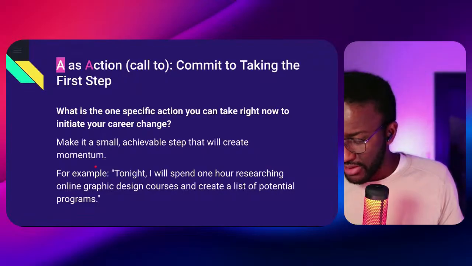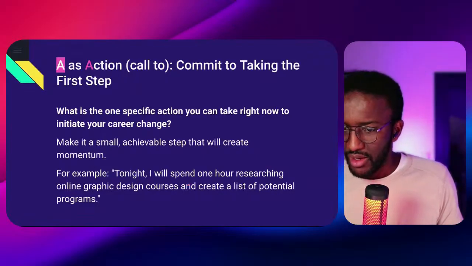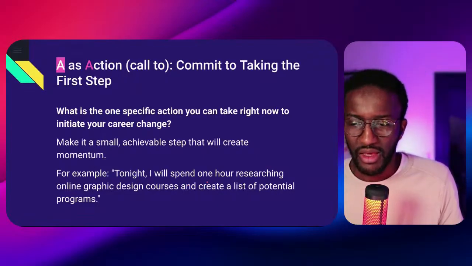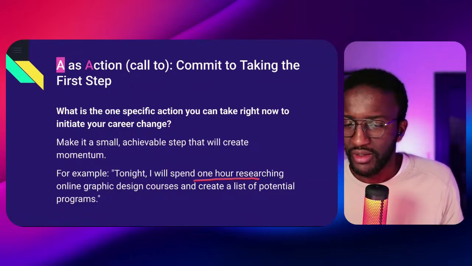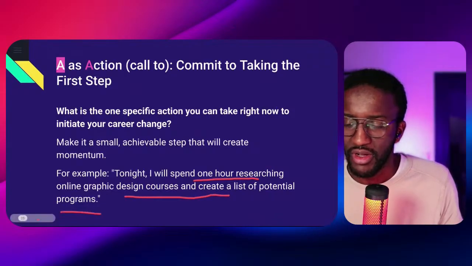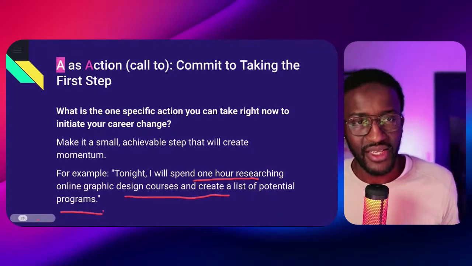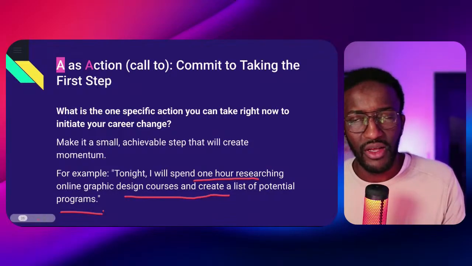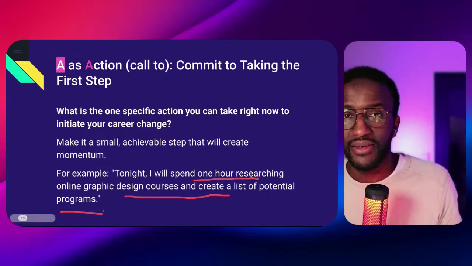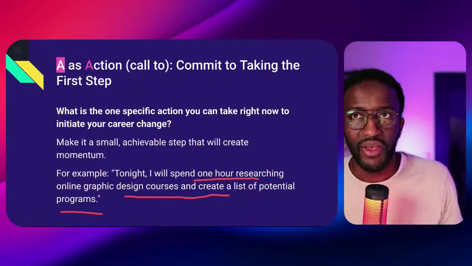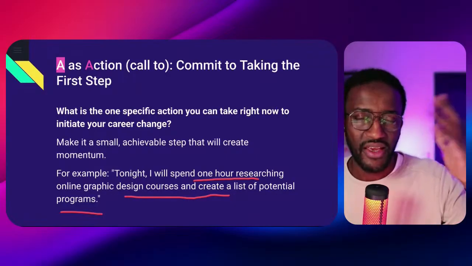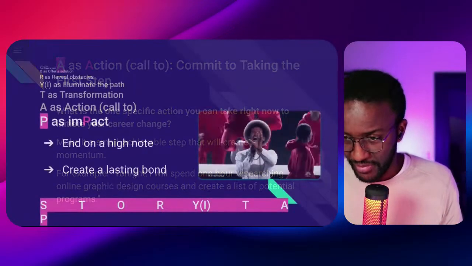So I can say a small commitment to say, okay, I will spend 1 hour researching online graphic design courses and create a list of potential programs. A very small step that I can take, but it's something that is within my control. That is not like a big thing that is too big so that I can procrastinate about it.